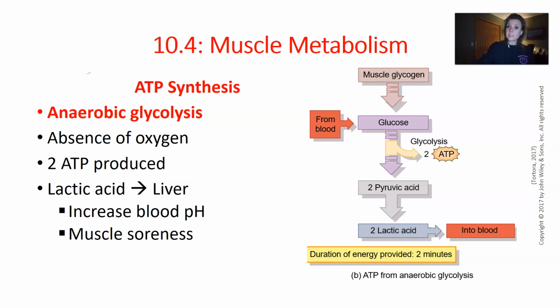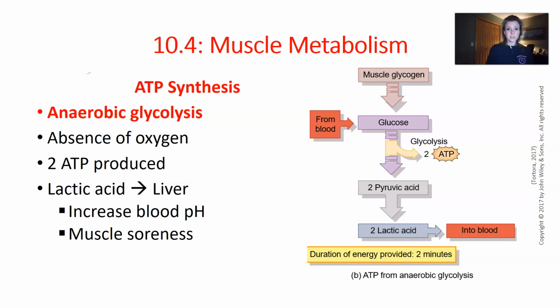And so what happens to the pyruvic acid is it gets converted to 2 lactic acid molecules, and under optimal conditions the lactic acid molecules are just going to diffuse out of the cells, go into the blood, and then it can be picked up by the liver and then changed back into glucose and recycled as more fuel for our anaerobic glycolysis cycle. But if lactic acid starts to build up, it's thought that it's one of the main culprits of muscle soreness